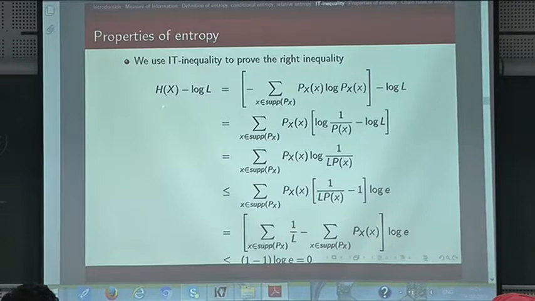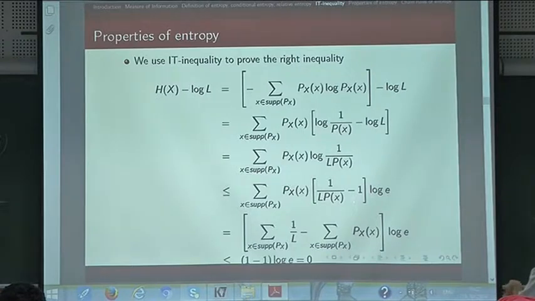So you start with the left hand side, that is, take log L to the left hand side, so define Hx minus log L. This is from the definition of Hx minus log L, take log L inside, right. So we take log L inside, and because this Px is over the support of x, this is equal to 1, so there is no problem, I can easily take it inside. I can merge these two because both are log functions, so because it is a minus sign, it will come in the denominator. So the first three steps are straightforward, that is why it is an equal to sign. Now the moment I see a log function which is in compact notation, I replace it by